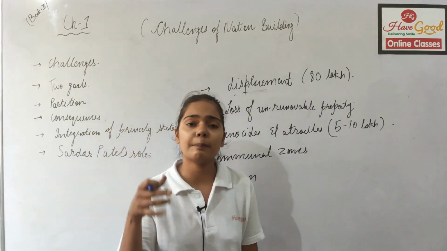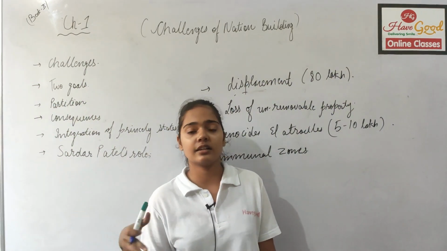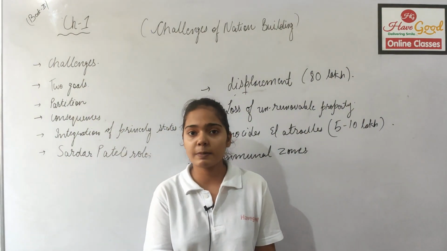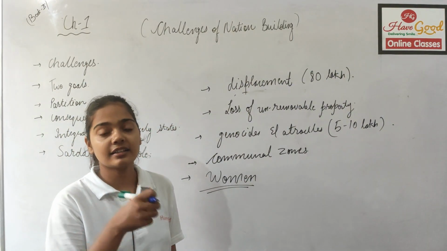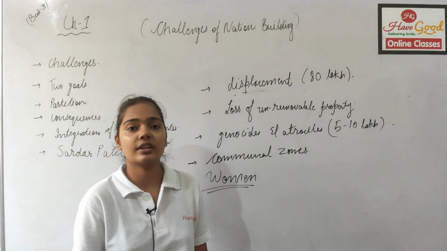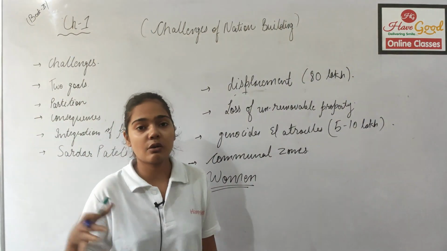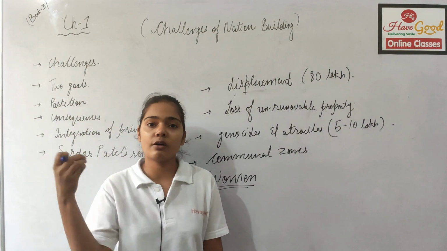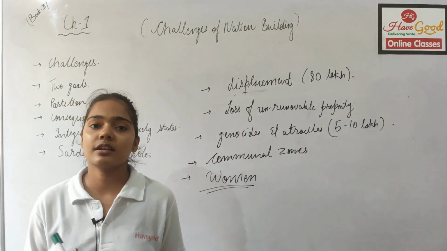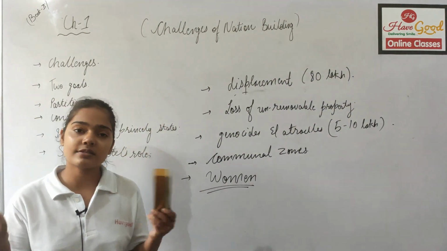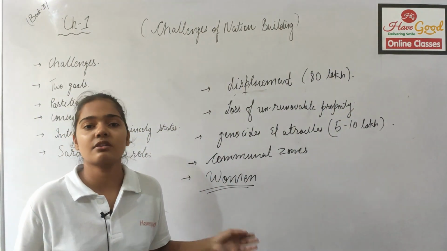The condition was pathetic, and the conditions of the women and the grief and that pain was described by the poets and the writers in their poems and in their articles and in the newspapers as well. It was narrated in the stories as well, that pain and that grief of those people who left their houses at a notice. Within a few hours there was a huge loss of unremovable property. They lost their family, they lost their jewelries, they lost their utensils, they lost their property, and there was a huge trauma of displacement and unprecedented violence.